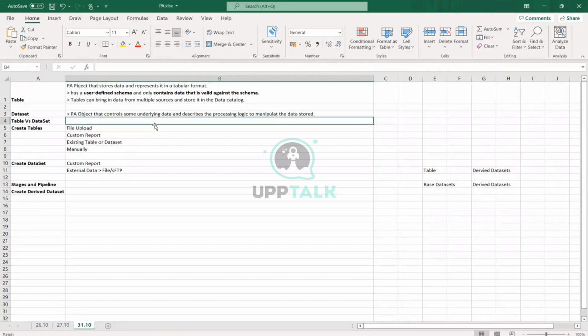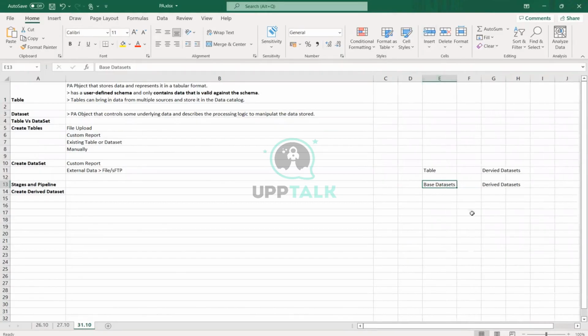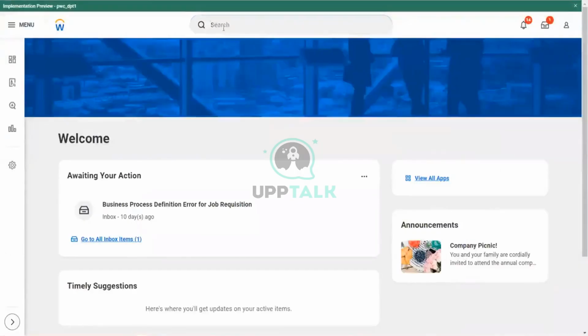But the important aspect of a dataset is that it defines the processing logic that would be used to manipulate this data, let's say over a period of time. Let's say over a period of time you are bringing... the difference between a dataset and a table is that when you open a